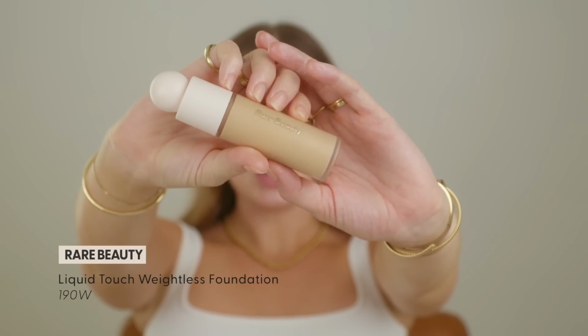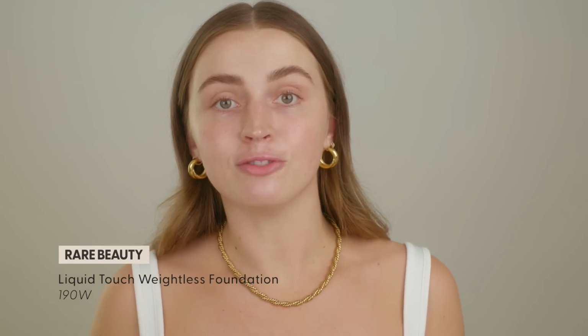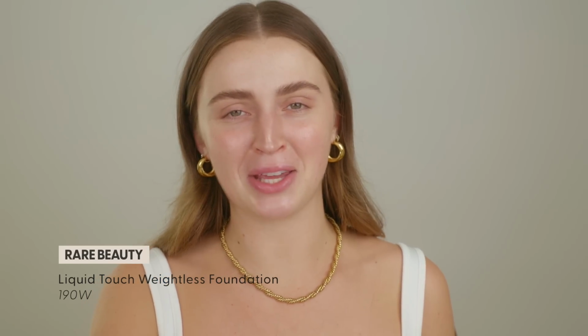This is the Liquid Touch Weightless Foundation. Now this is a medium to full coverage foundation that melts into the skin to look and feel like you. So yeah, they have 48 shades of this, and it says it's a serum-like base, which is nice. There's a couple things I want to note